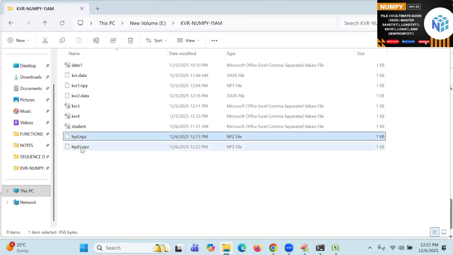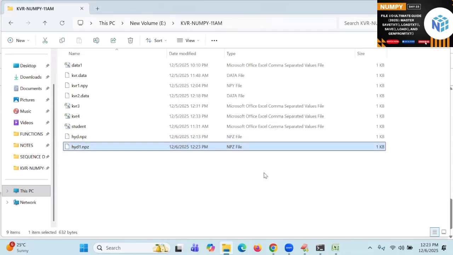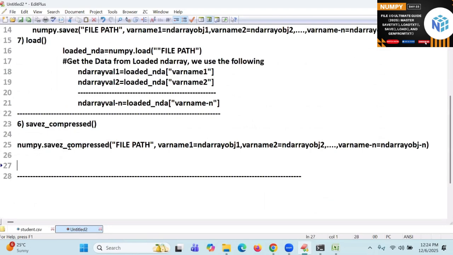Here it is available. Both of them are 1 KB only. But definitely this is going to use less memory space. By default, even if you write a small hello world, our file system shows 1 KB minimum. If you use memory space measurement tools, npz files will definitely contain much less data because of the special syntax given for us. Are you following? So how do you read the data?